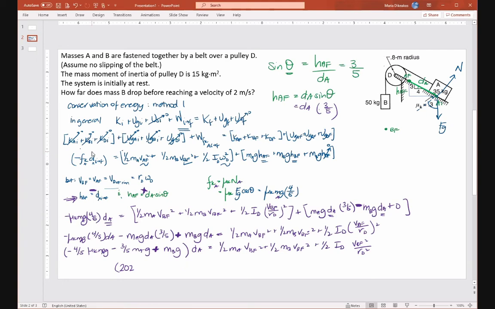Maybe I'll just do it that way, kilograms meters per second squared. And everything on this side is equal to what? If you plug in your numbers, it should give you something like this, which means that dA is 1.07 meters, which is the answer that we get